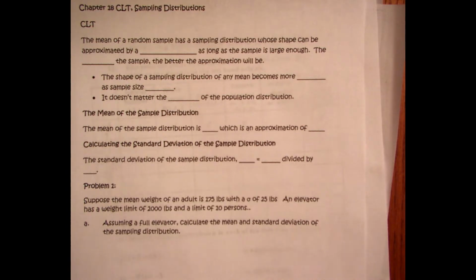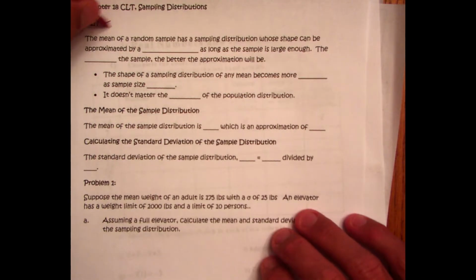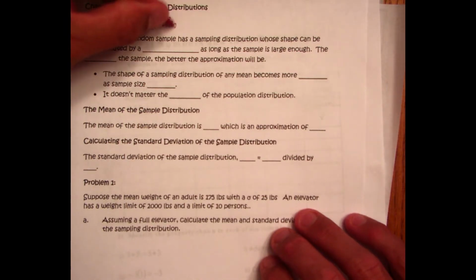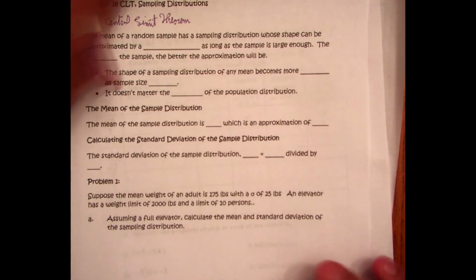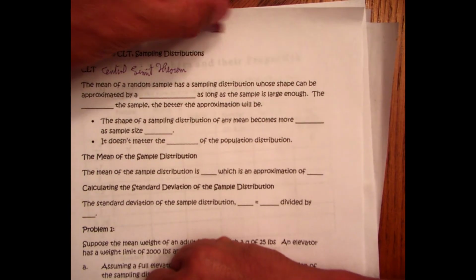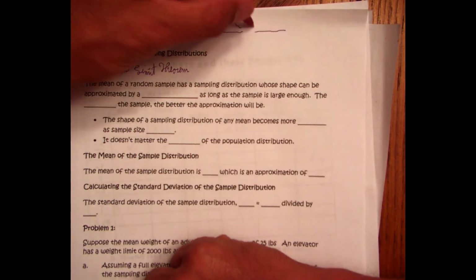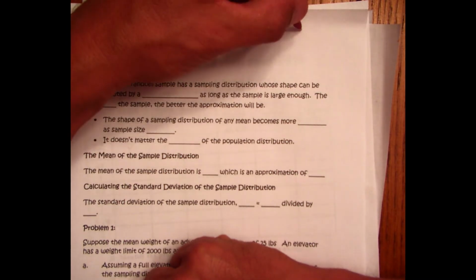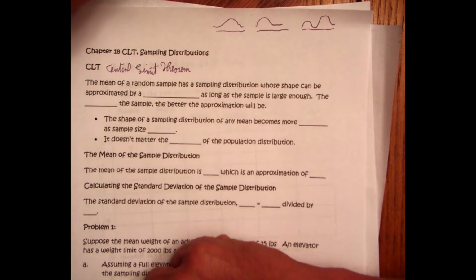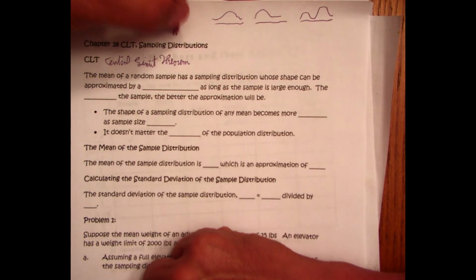Okay, so we're talking right now about the CLT, which is called the central limit theorem. We looked at in the last applet, basically the premise of the central limit theorem is it doesn't matter what our population distribution looks like. Our population distribution could be symmetric, skewed, or bimodal, something that looks like that. As long as our sample size is large enough,